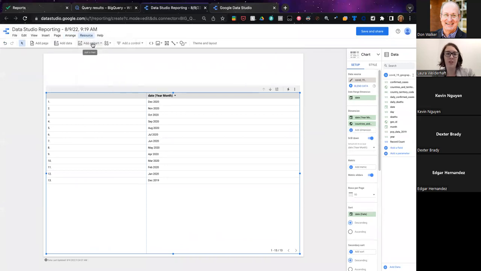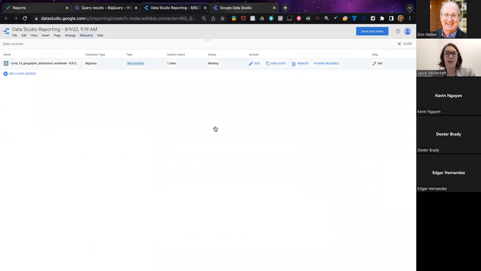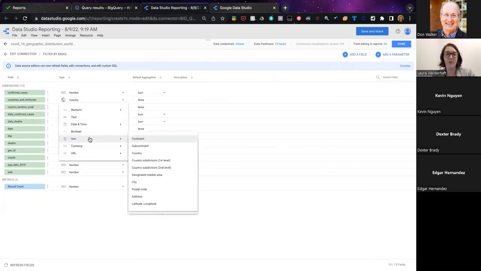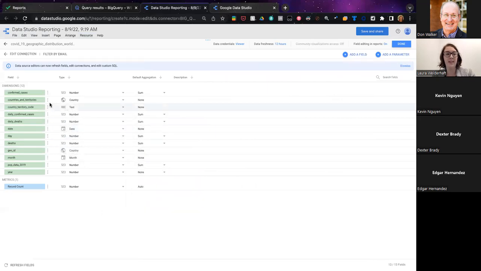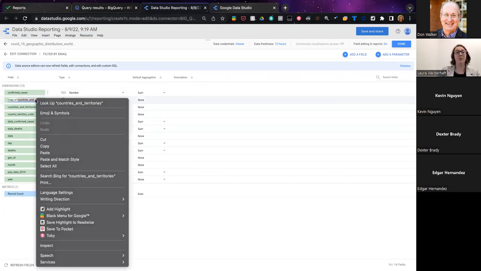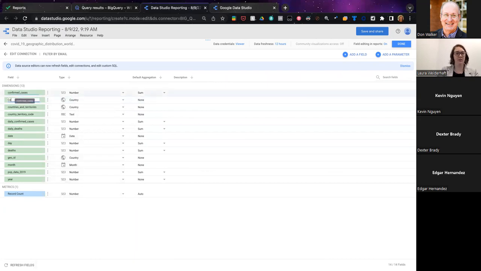I also might change this field. So you're also able to change data types if you need to. So we were getting a data type for countries and territories of a geo code, but we could also move this to text. You also have the option, if you don't want to just remove that option, I can duplicate the data fields.